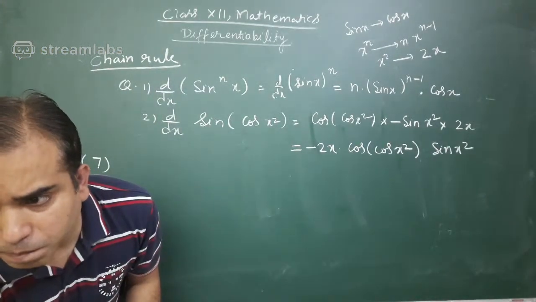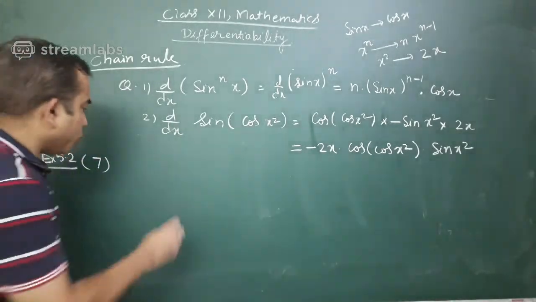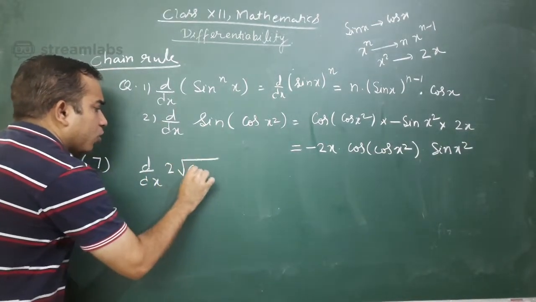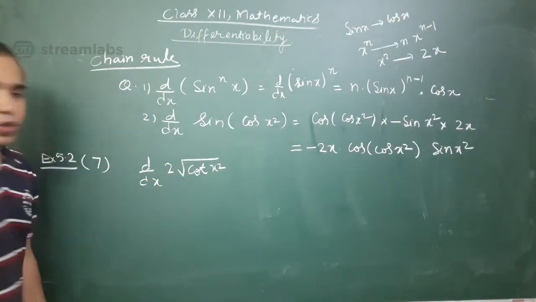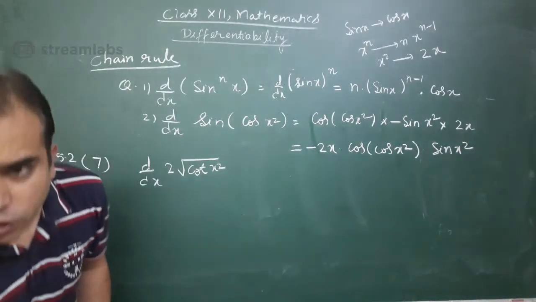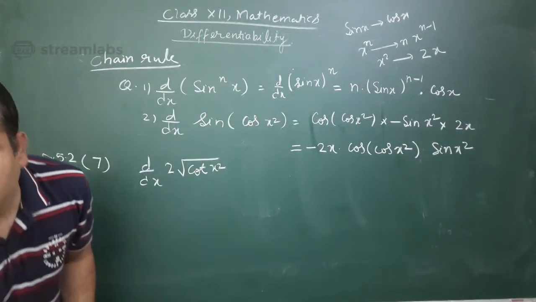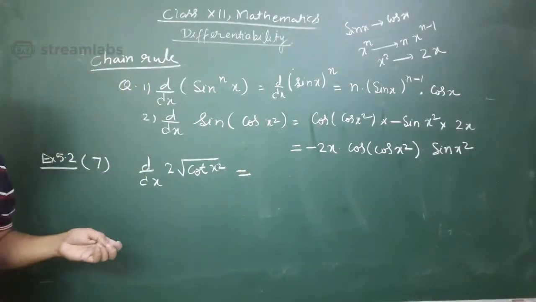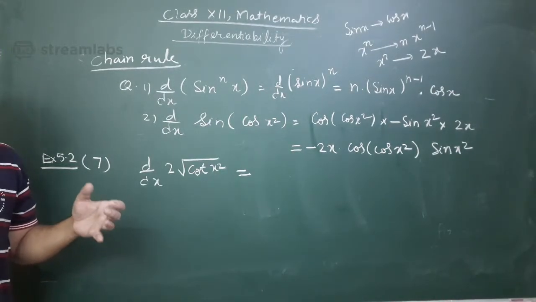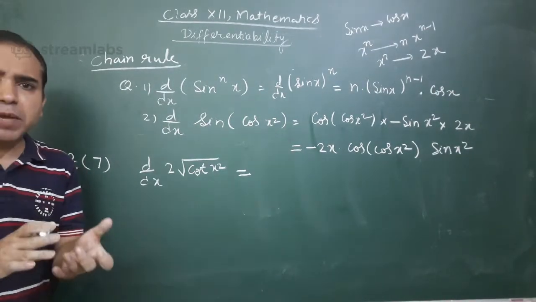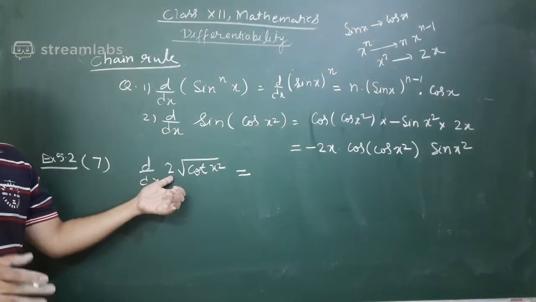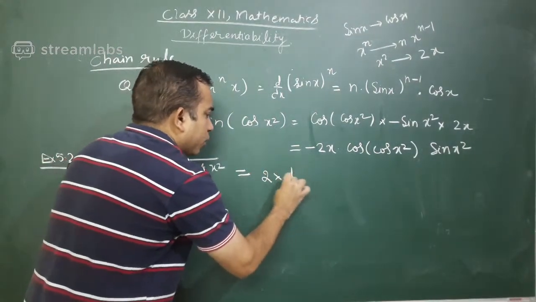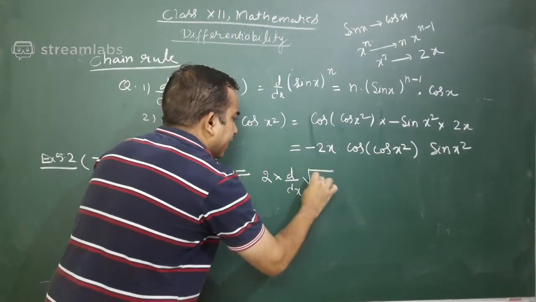And the question is, we have to find out d upon dx of 2 root cot x square, isn't? Let us differentiate it. So you know how many functions are involved here? 3 functions, isn't? Equal to, now the property, linearity property says कि अगर कोई कांस्टेंट मल्टीप्लाई में है, जैसे 2 यहां पे, तो 2 को सीधे सीधे आउट बाहर लो, 2 इंटू d upon dx of root cot x square,